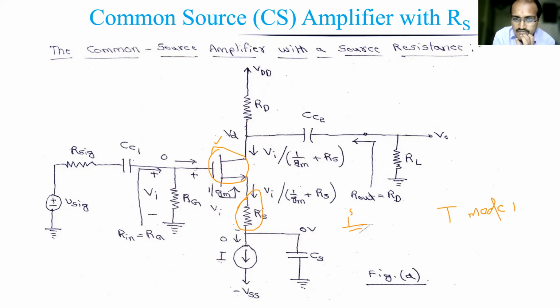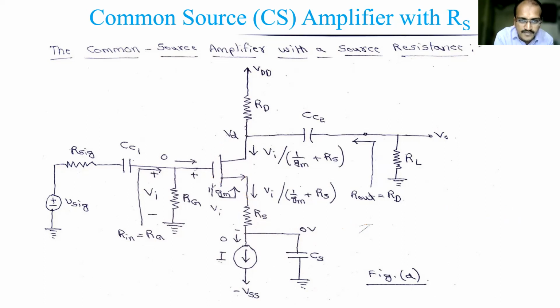In the case of a source resistance, with something on the source side, we go for the T model. If nothing is on the source side, it is just the input side, gate side and drain side, and the source is common. Since here there is now a resistance on the source side, we'll go for the T model. So this is the circuit for that, and the complete analysis output is also written over here.